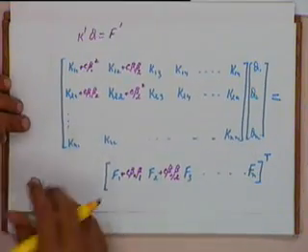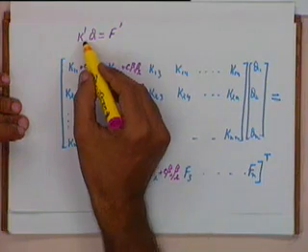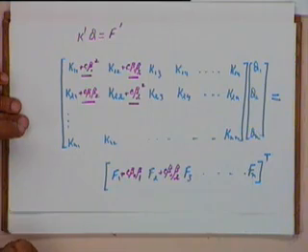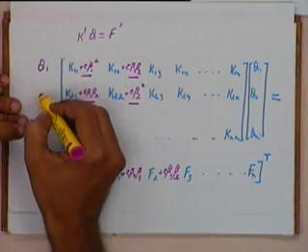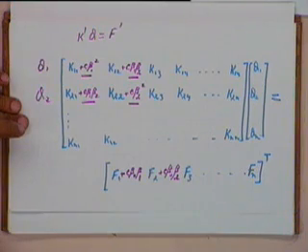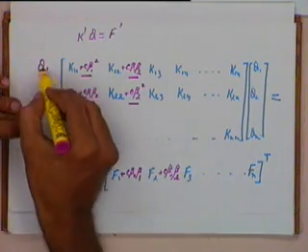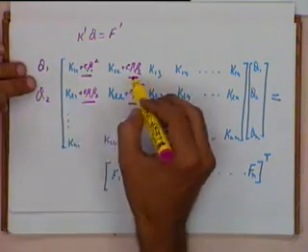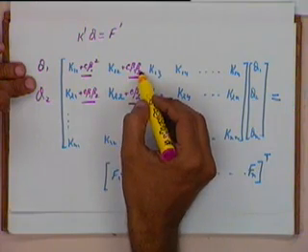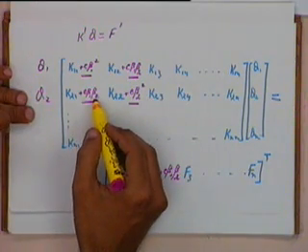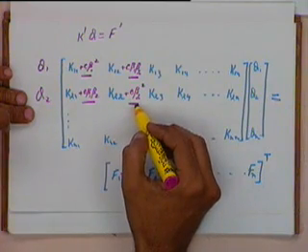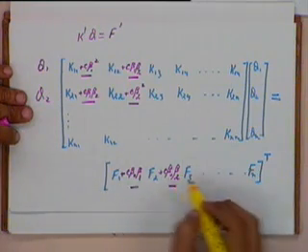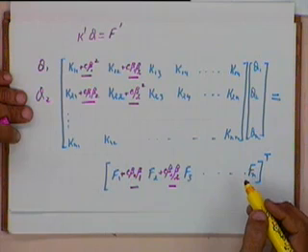But the difference is that now when I am evaluating K prime, I will have to evaluate it by adding these terms in the locations corresponding to Q1 and Q2. In the first row diagonal element I will add C beta 1 square. In location 1 2 I will add C beta 1 beta 2. In location 2 1 I will add C beta 1 beta 2, and in the diagonal element for the second row I will add C beta 2 square. Similarly I will modify the force terms by these expressions, and then I can solve the system of equations.